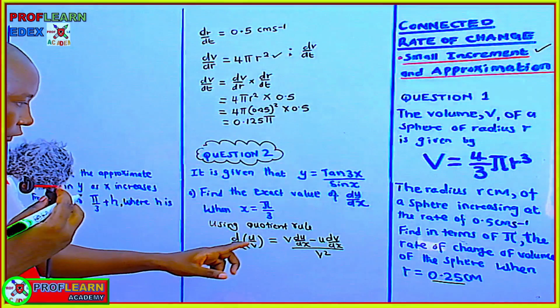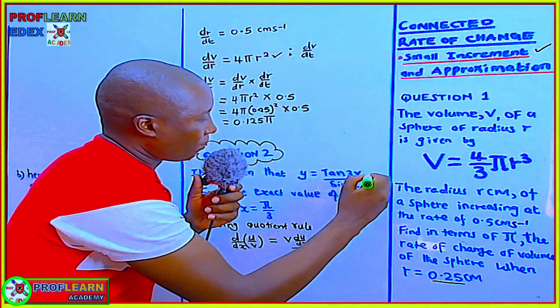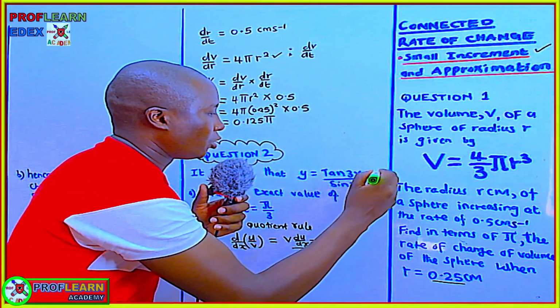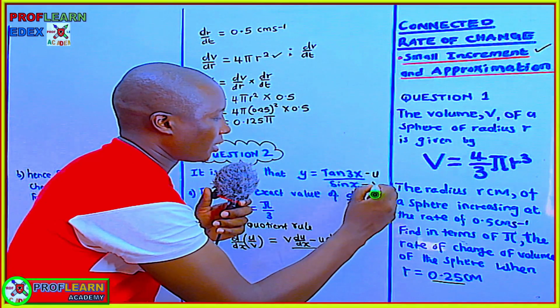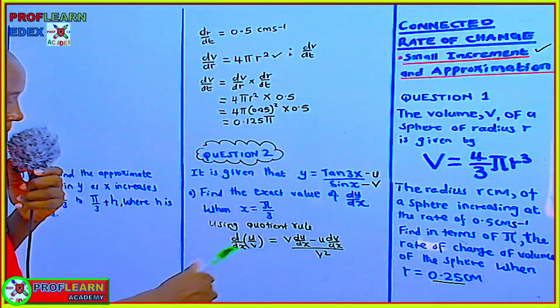So we can now say the top function here is u and the bottom function, the denominator, is our v,